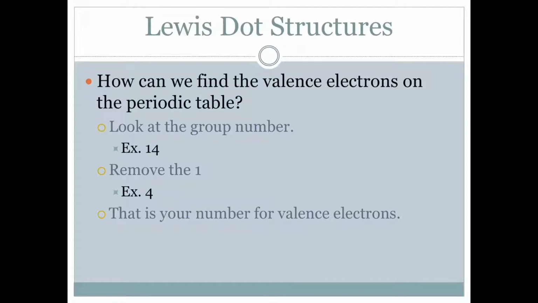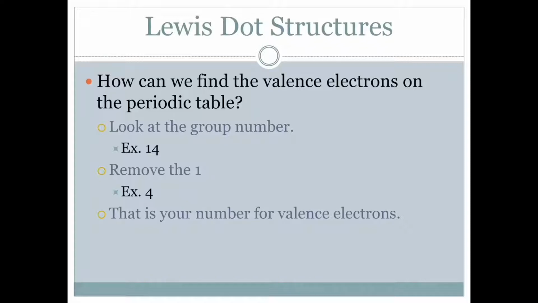But how can we figure out how many valence electrons each element has just by using the periodic table? Well, one thing you can do is you can look at the group number. Let's look at group 14, for example. All you have to do is remove the 1, and that tells you that you have 4 valence electrons in